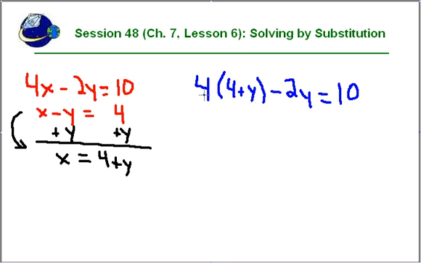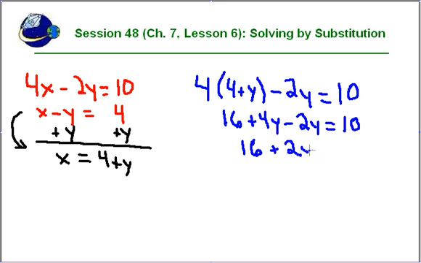Let's use our distributive property. 4 times 4, 16. 4 times y is 4y. That takes care of this. That also leaves us with a minus 2y and then a 10 on the right. If we combine terms, there's no other constant on the left-hand side that is being added or subtracted with 16. So 16 stays there. And then we take the 4y and the 2y and combine them. What is 4y minus 2y? Well, it's plus 2y. So on the left-hand side, we now have 16 plus 2y, and on the right-hand side,